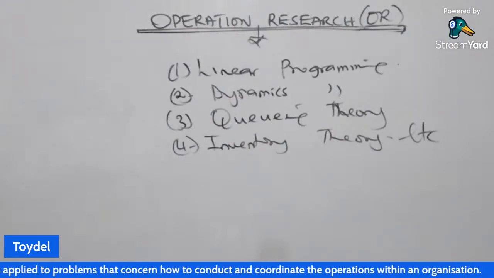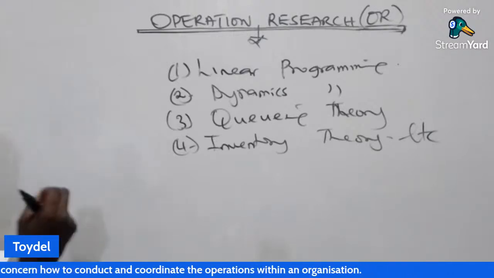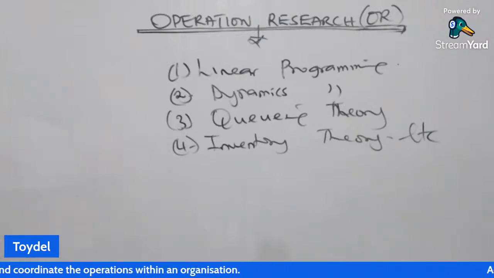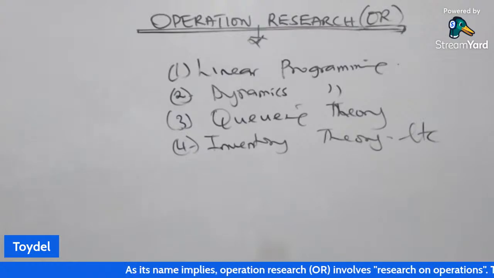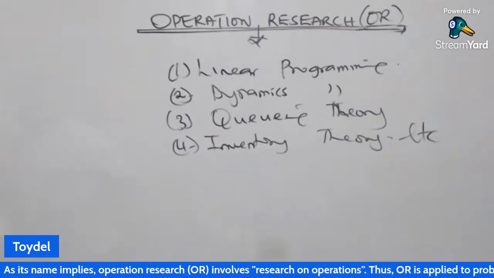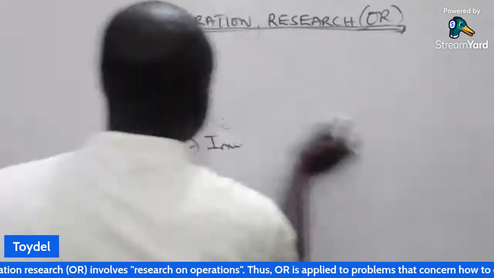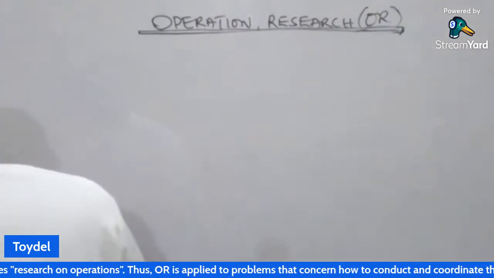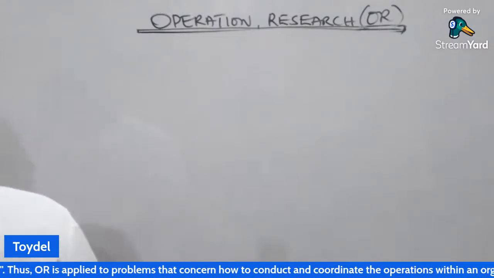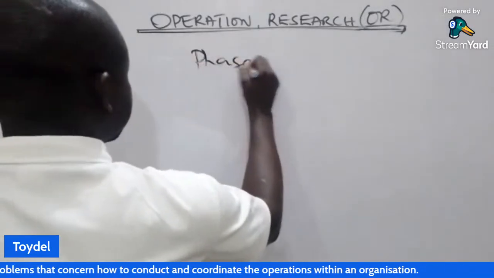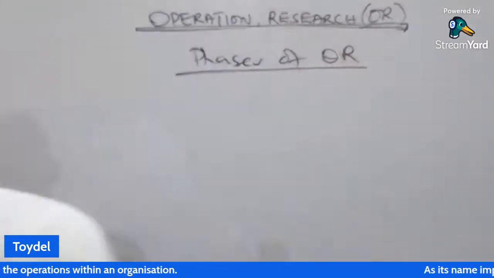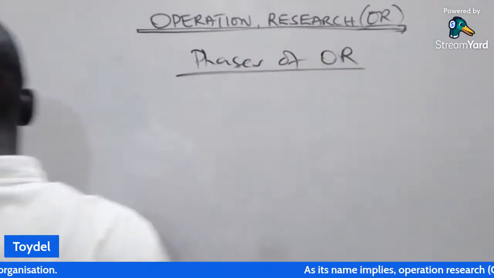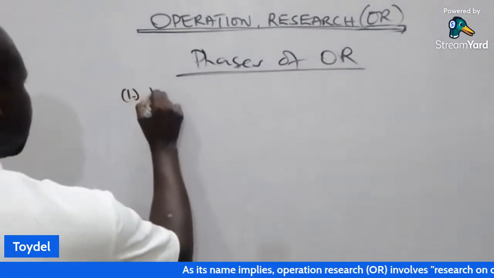The mathematical analysis often represents only a relatively small part of the total effort required. The purpose of this overview is to describe all the major phases of OR. So we just want to look at the phases, that is the steps of OR. But we are going to concentrate on the one that has to do with mathematics. So, phases of operation research. The first one is we are going to define